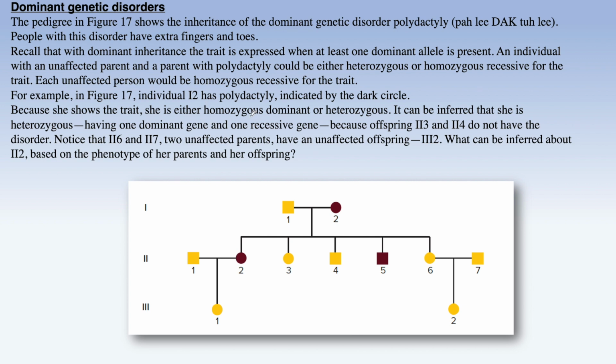Now, for dominant genetic disorders, as we see here, we don't have half shaded. What does that mean? We don't have carriers. Why? In Mendel's law, we learned that it's enough to have one dominant allele to be expressed. So, as we see here, the mother is affected and the father is normal. The mother has 2 options to show the symptoms. The first one, if she has a homozygous dominant genotype, or